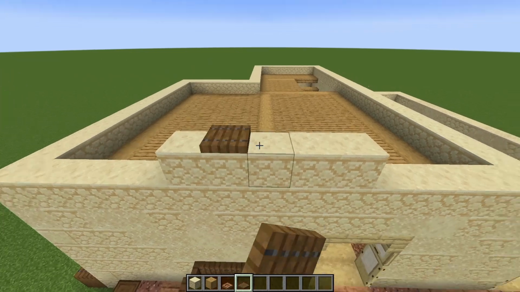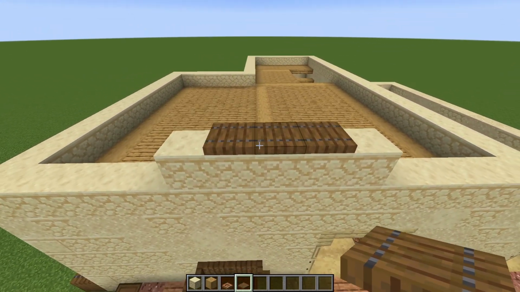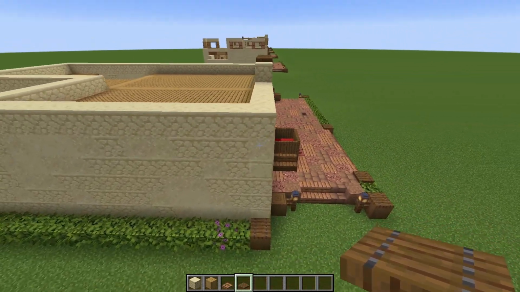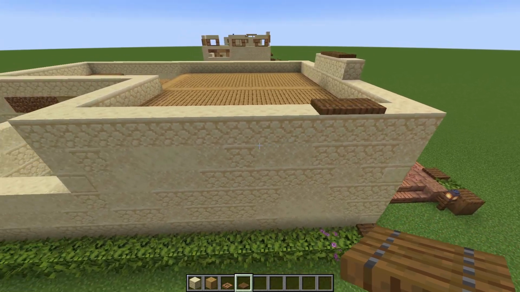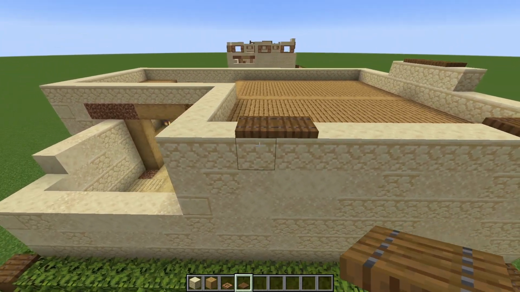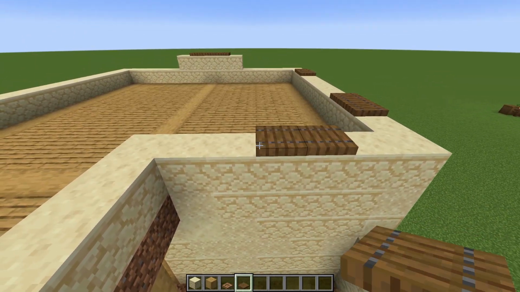Then I'm just going to place 3 spruce trapdoors in the middle. And this is just to mark out where our window is going to go. So then you can swing around to the left-hand side, skip 2 blocks, then place in 2 spruce trapdoors. And from this end, skip 2, place 2 trapdoors, then turn the corner again, skip 2, then 2 trapdoors, turn